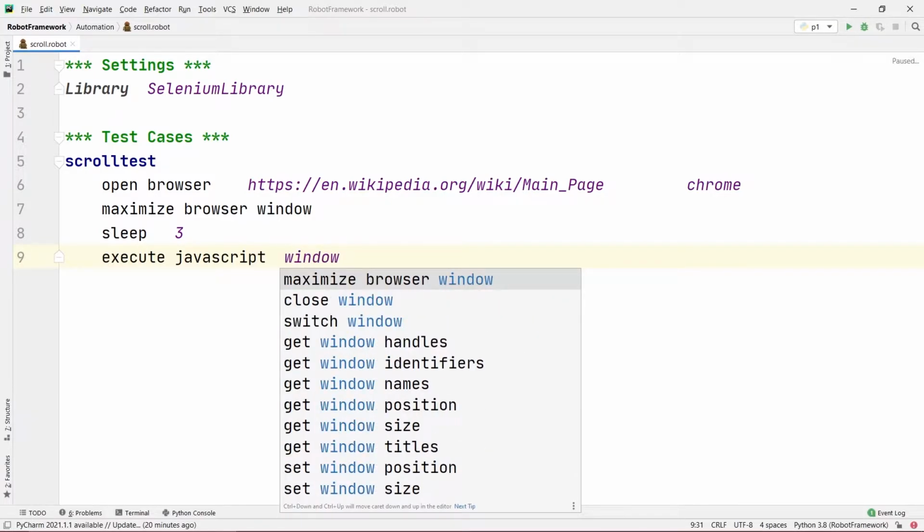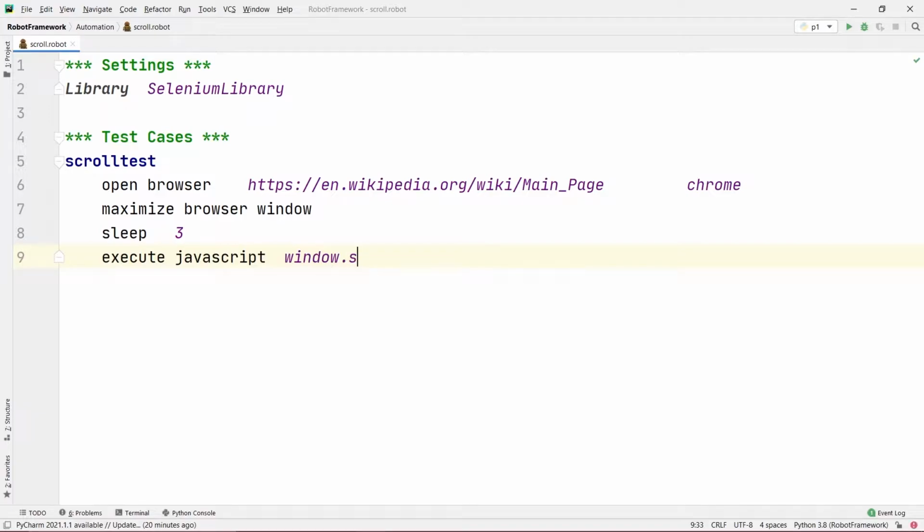window dot scroll T o. Now you need to keep in mind that this T should be capital. This is case sensitive. So window.scrollTo with a capital T, and inside our parentheses there are two values. I'll write 0 comma 0.